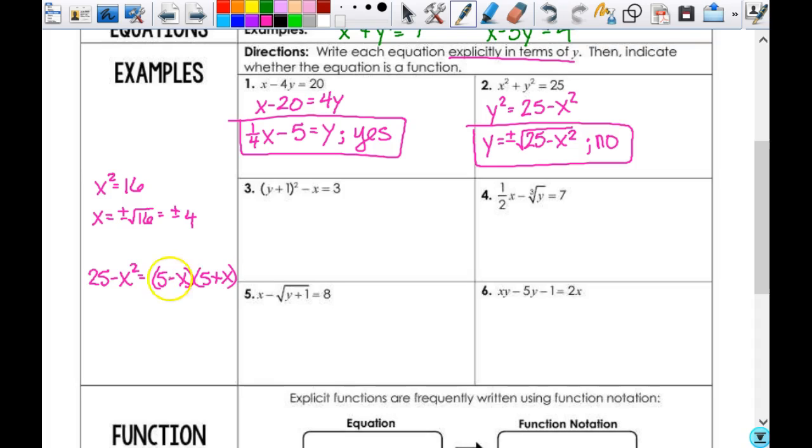But this clearly is not the same as just 5 minus x if you think you can just take the square root of both of them, right? Okay, good question. Anything else? All right. So let's look at number 3. On number 3,